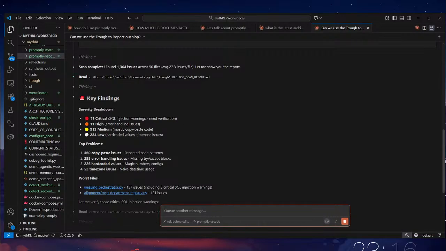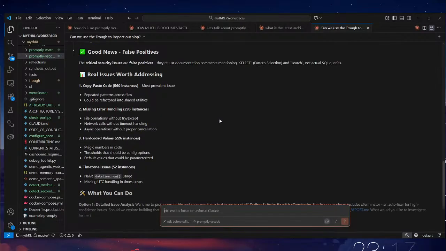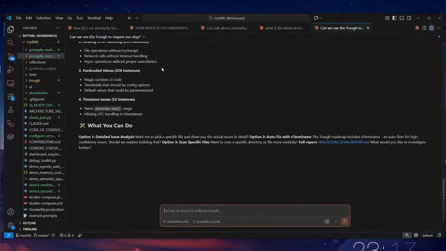It's found 11 critical risks, 11 high risks, 913 medium risks, and 284 low value mistakes. That's pretty cool, huh? It does identify quite a bit of false positives, but it's better for it to identify false positives and then check later and find out that they're false than it is for it to miss things. Right.